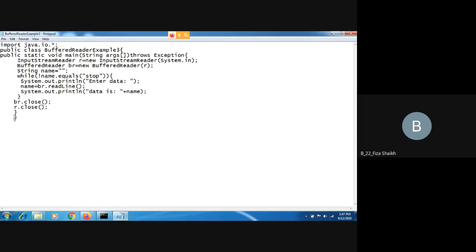Yes, you have asked what is the output of that program. Yes, ma'am, this is the reader class, which means we have to read the data from the user. Until the user enters stop, it will keep taking all the data. Whenever we enter the string stop, only then the cursor will be outside of the while loop, and the file will be closed. Yes, right. Your answer is right.